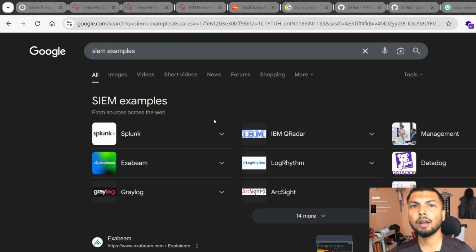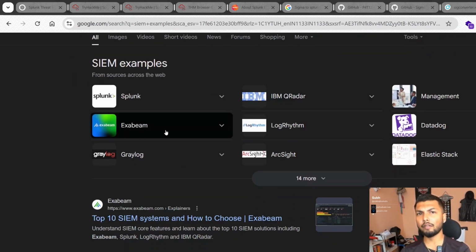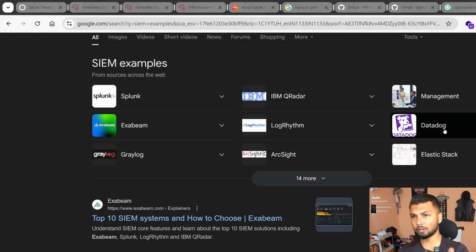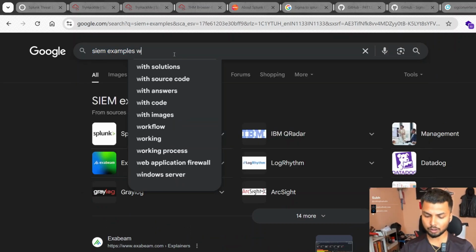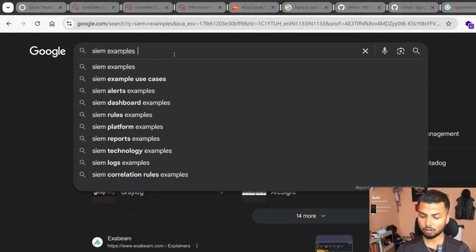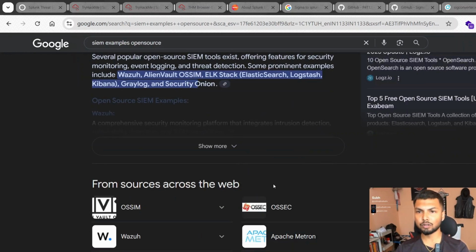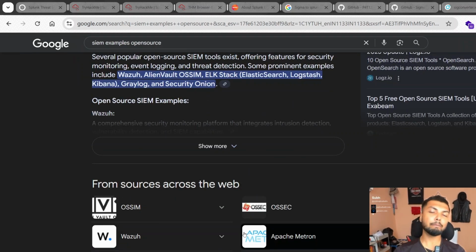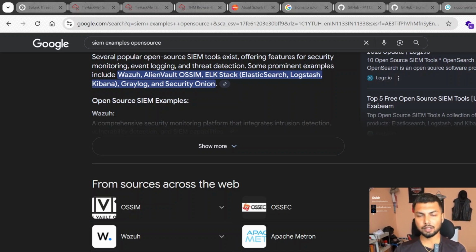So we have Splunk, we have IBM QRadar, you have Exabeam, you have Datadog is also another. I think we have Wazuh. Wazuh is an open source SIEM. So we can say SIEM examples, open source. These are the open source SIEM platforms. ELK Stack is another. Elasticsearch is another